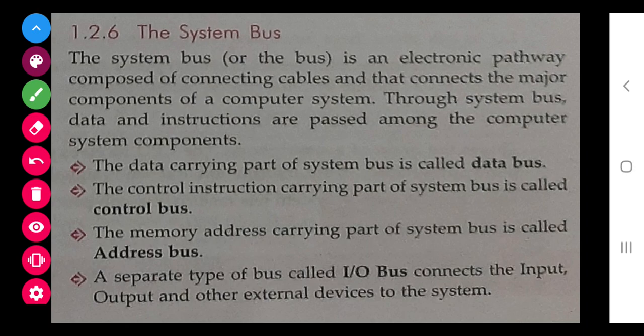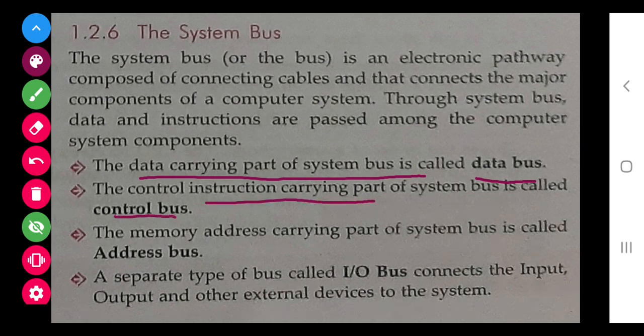Next is the system bus. This is very new for you people. In a computer, if you see inside the CPU, there are a lot of cables used to connect one part of the CPU to another part. There are different buses. These different buses are the data bus, which carries the data from one part of the system to another part.